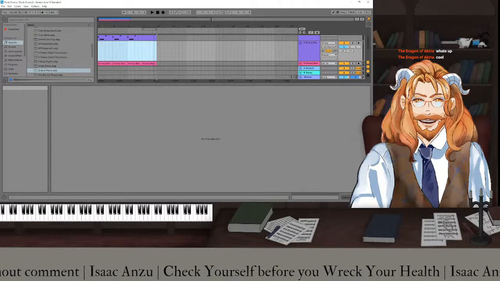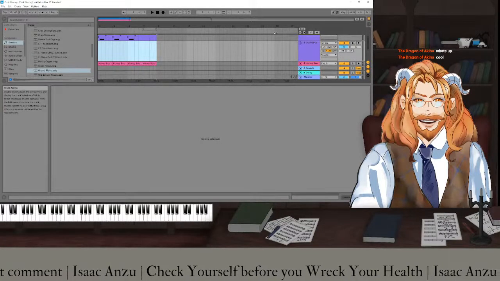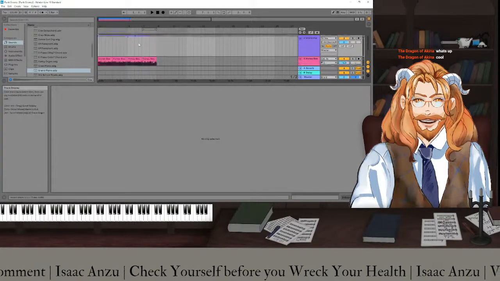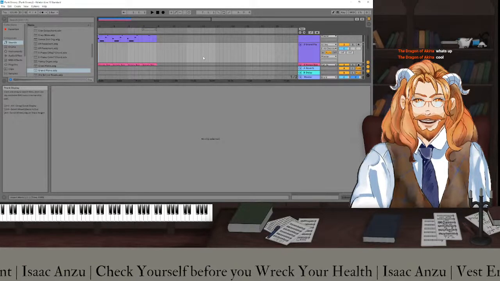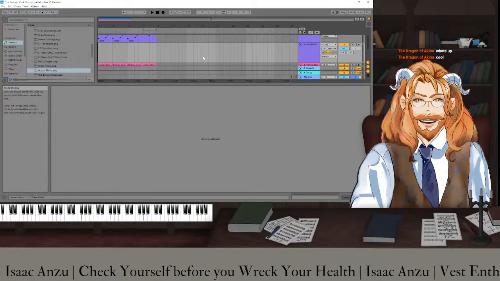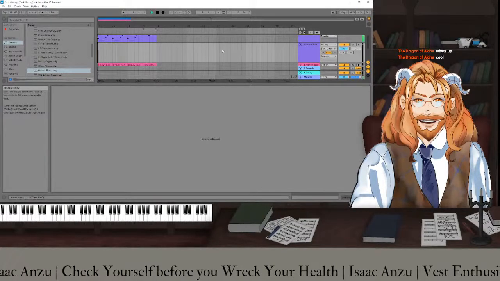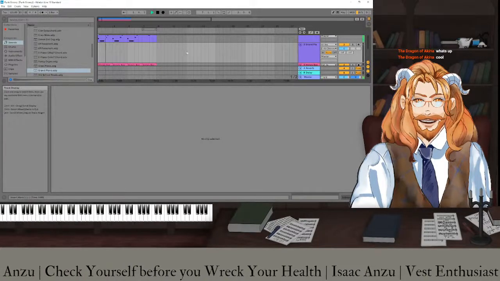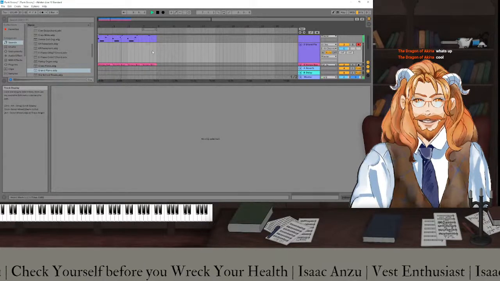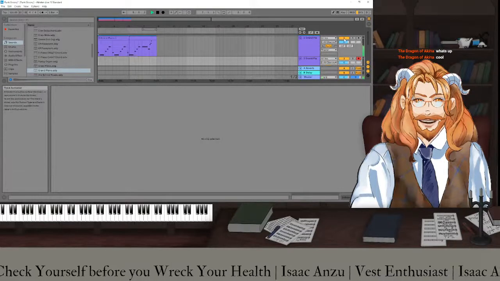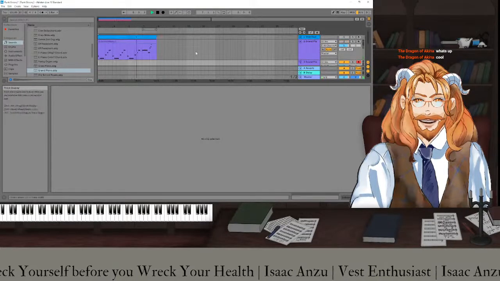This is not really a good genre. Funk disco is not really a good genre to do choral stuff in, unless it's like one of those soul singer background groups, which is hard to replicate in audio software. Okay.